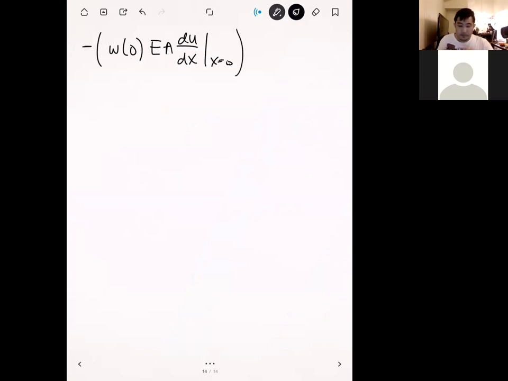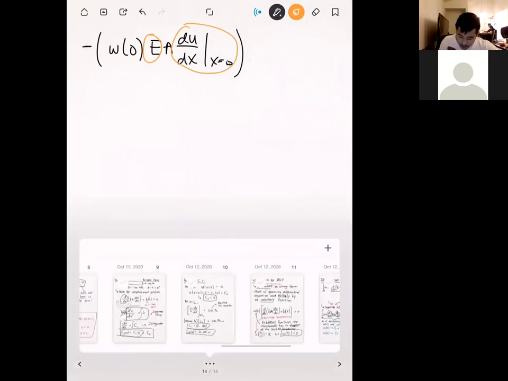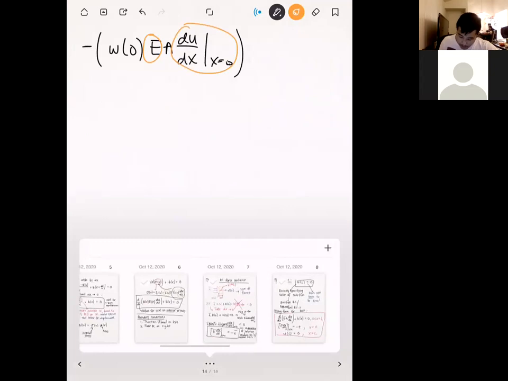Okay. And so that's the other part of our expression right there. In particular, what I want to focus on are the terms that I've highlighted in orange right here. Okay. And so if you go back to one of the beginning slides that we had,